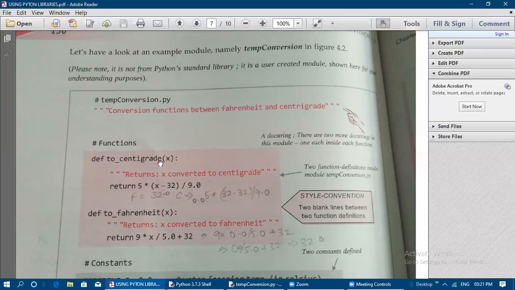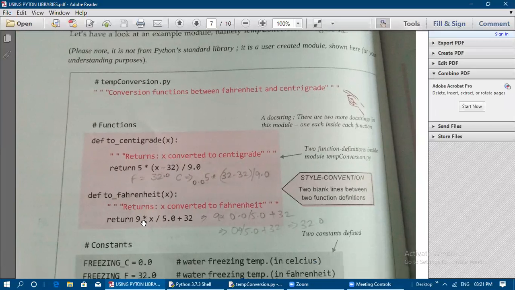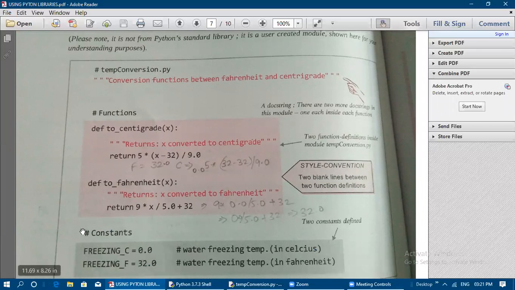Sorry, function header. And return 5 star within parenthesis x minus 32, that is 5 into x minus 32 divided by 9.0. This is the formula to convert Fahrenheit to centigrade. If you pass the x value as 32, let us see the constants here.